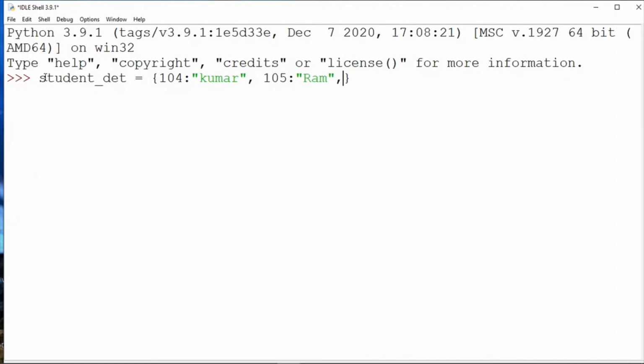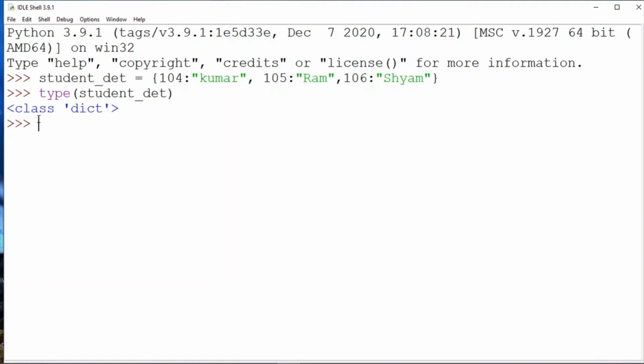Then we have another student whose ID is 106, and their name is Sam. So this is how you can create a dictionary. Now if you want to check the type of it, just use the type method, and inside the type method just pass your variable name, in that case, student detail.